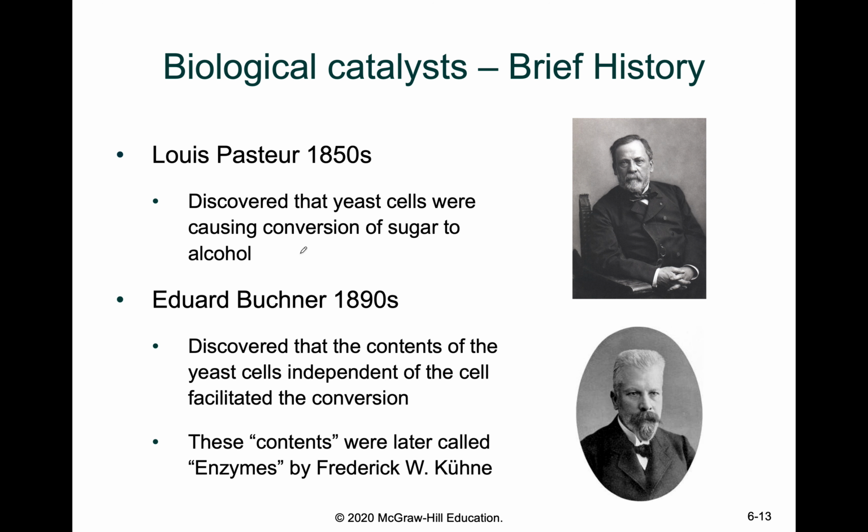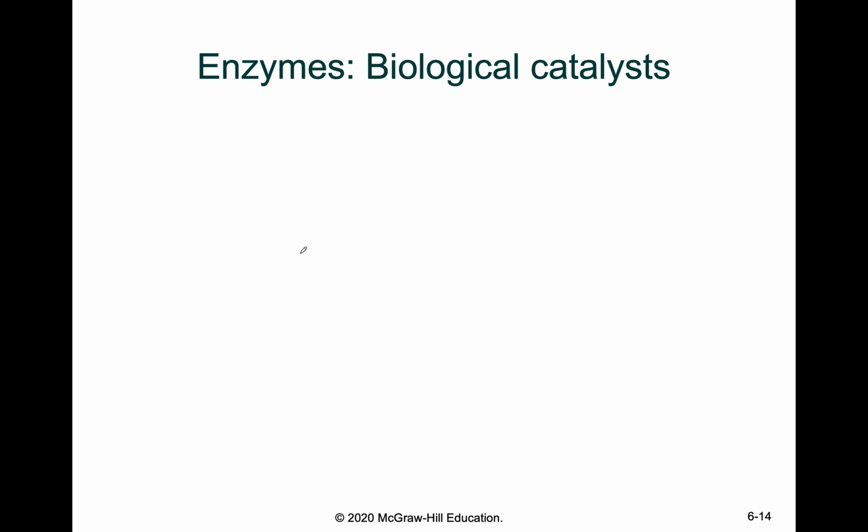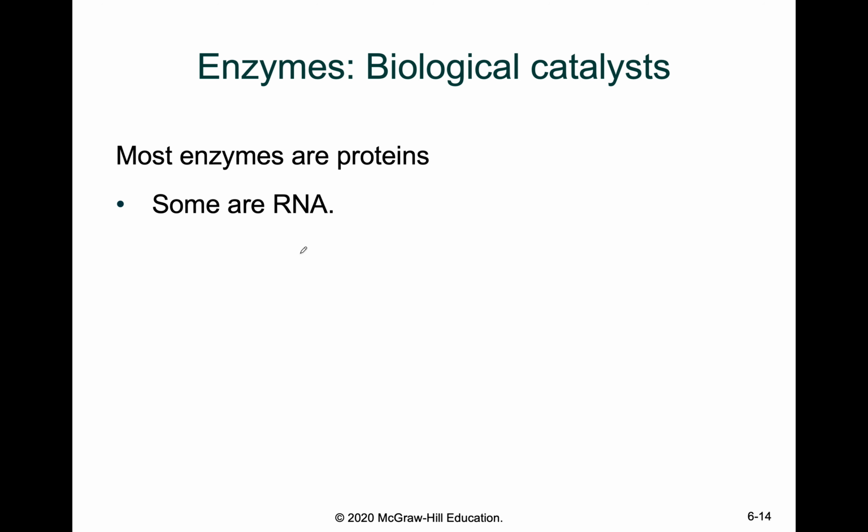So as we start thinking about enzymes and we define them, most enzymes are proteins. General rule up until about the late 80s, early 90s, most enzymes were all proteins, but we've recently started discovering that some actually can be RNA. Discussing RNA type enzymes will not be the focus here, but just understand that not all enzymes are proteins, some are RNAs, but the bulk of them are.